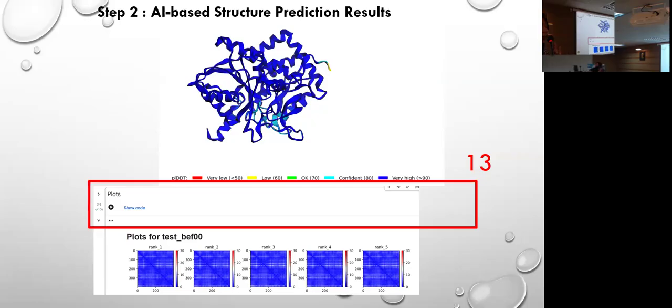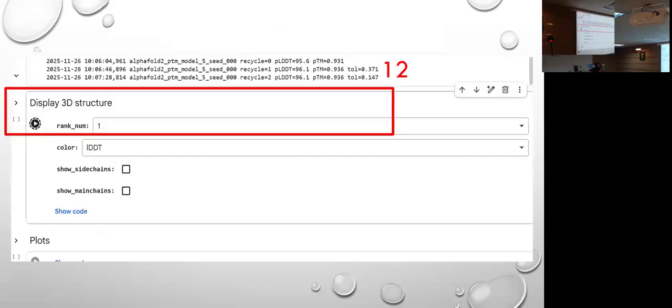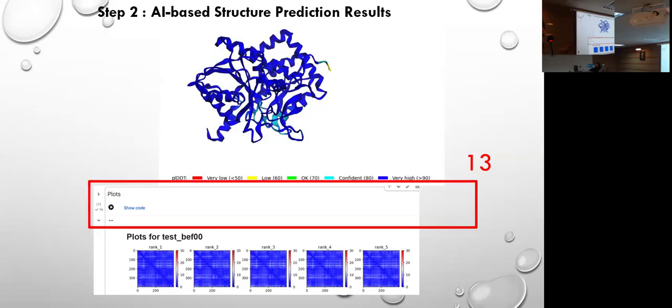For those who have completed the previous cells, the display 3D, the plots. Okay, it's still running. So if you just get the tick mark for the display 3D, you will get this kind of display. I'm just telling you this because once it pops up on your window, you may identify that okay, this is done. After you get this three-dimensional structure, you will then play the cell plots.